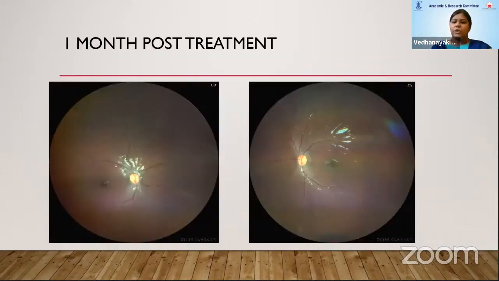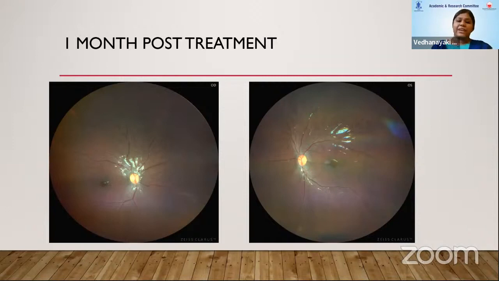And after a month, you won't believe, the child came back with 6/6 vision with complete resolution of the vasculitis. You can see that there is minimal resolving vasculitis in the periphery. The child was not very cooperative, so we sent her for a fundus photo. When she came back, I asked the sister, is it really the child's photo, or have you by mistake put some other patient's photo? Because the clearance was so good after a month.